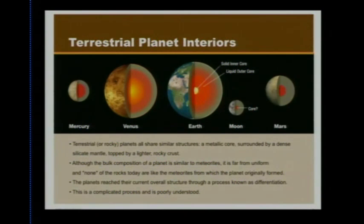But we would like to know what the interior geography is. How big is this core? What's its density? What's it made out of? How dense is the mantle? That tells us what the elemental composition of it is and how it evolved. And finally, what the thickness of this crust is, which is kind of the little scum that floats on the